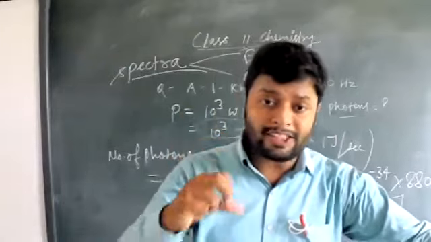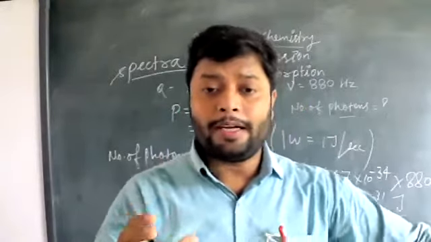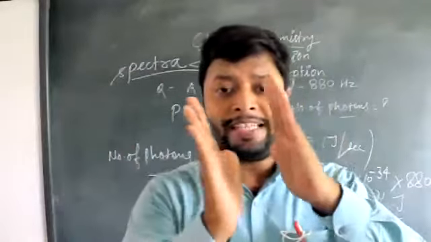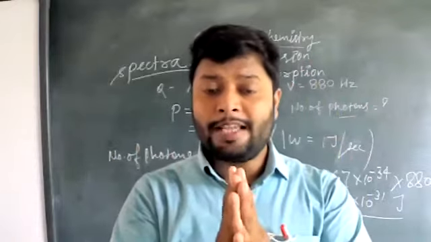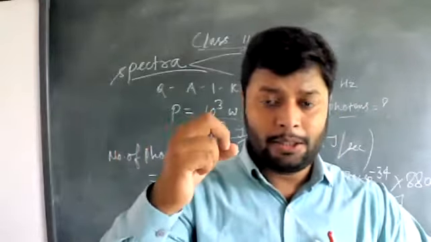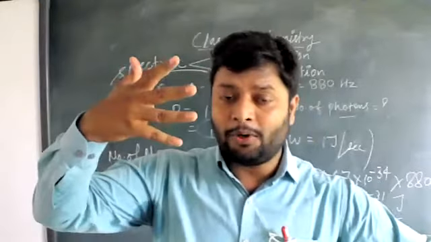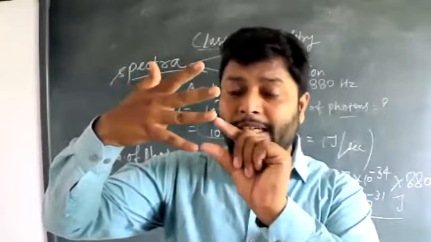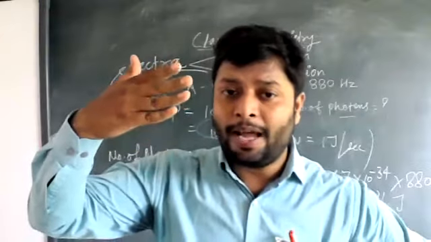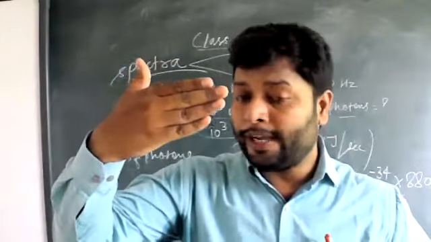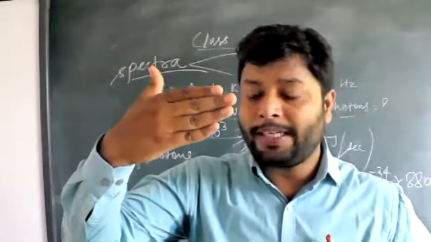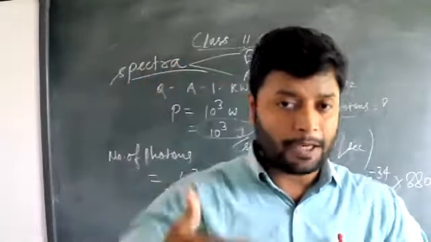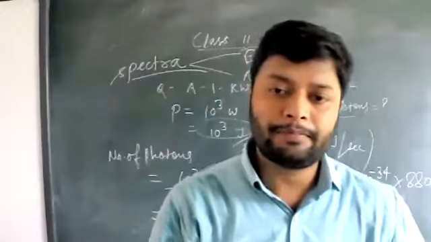What is called continuous spectra? Continuous spectra means when the different lines obtained on the screen merge into each other. They merge into each other, which means there is no distinction between the different lines. Suppose these are 4 lines obtained on the screen, and you can count distinctly that these are 4 lines. But if these 4 lines are merged together, you cannot find out what different types of lines were obtained on the screen. They are called merged, meaning continuous spectra.